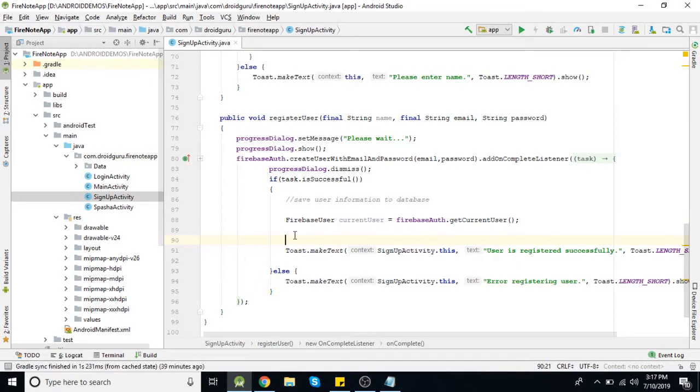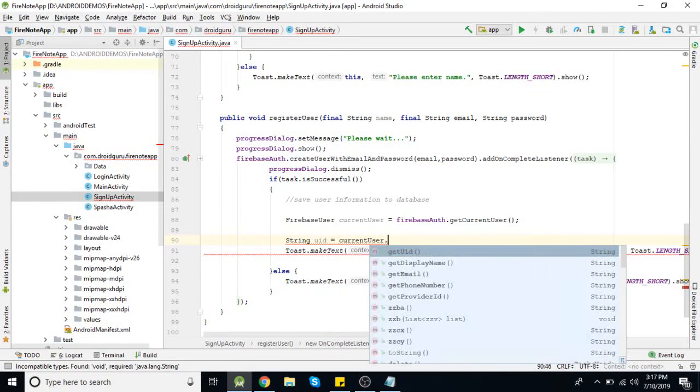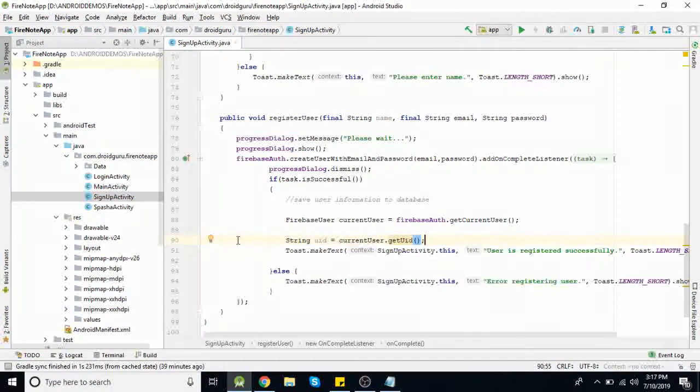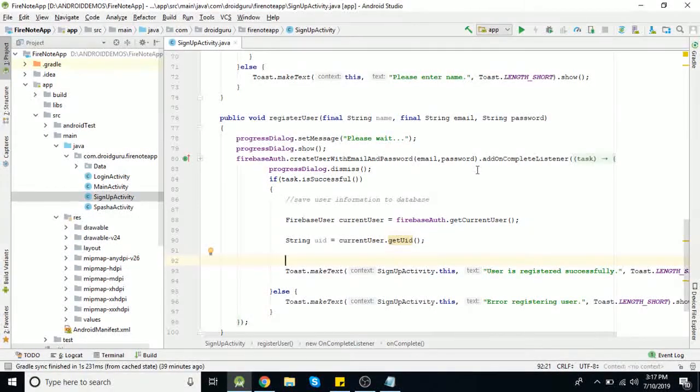So the code is String uid equal to currentUser.getUid(), and using this uid we are going to store our information. So we already initialized a reference to our database path.